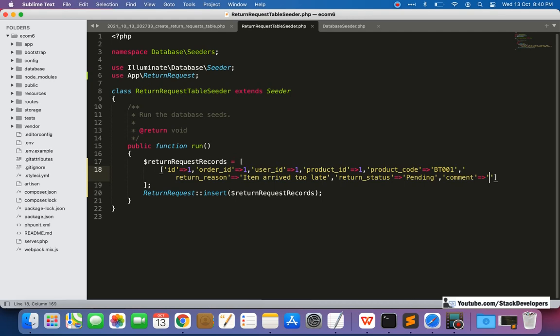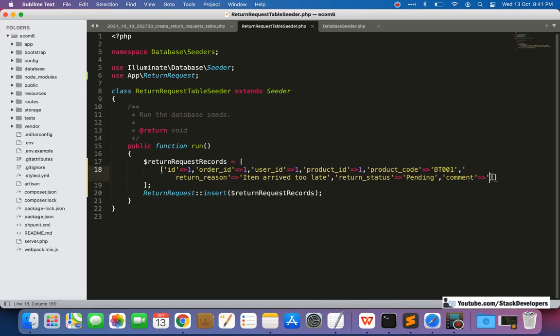Any comment you can add here, like the description if the customer wants to add some longer text. Item arrived too late, it must come on this date but it comes on these days, the delay is around 6 days. Something like this. Right now I left it empty.